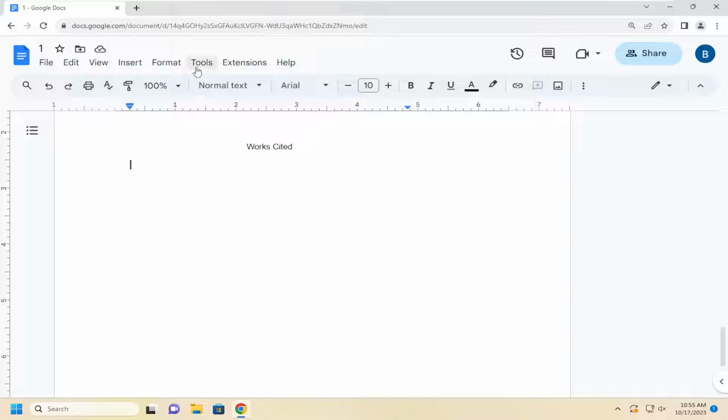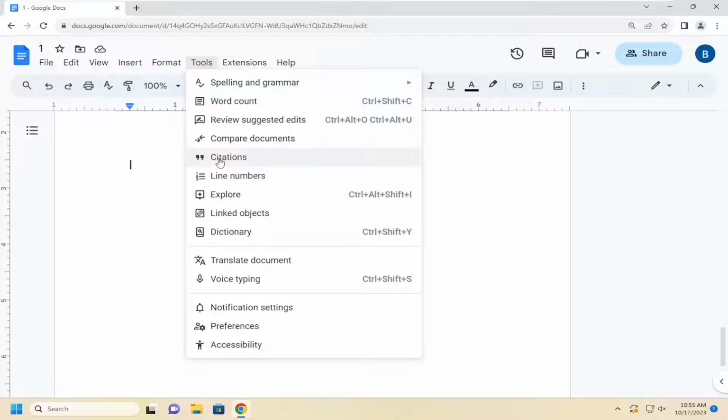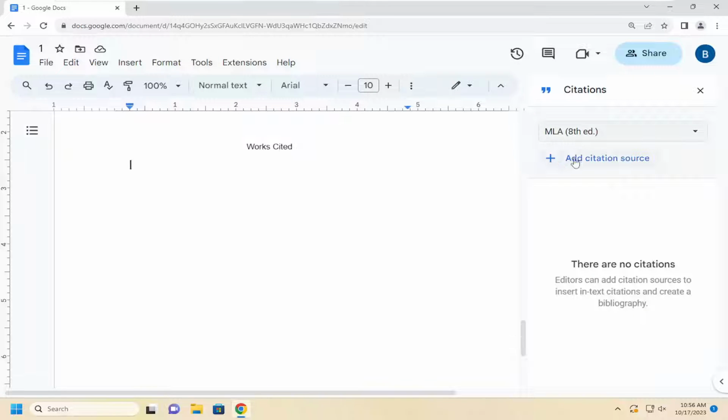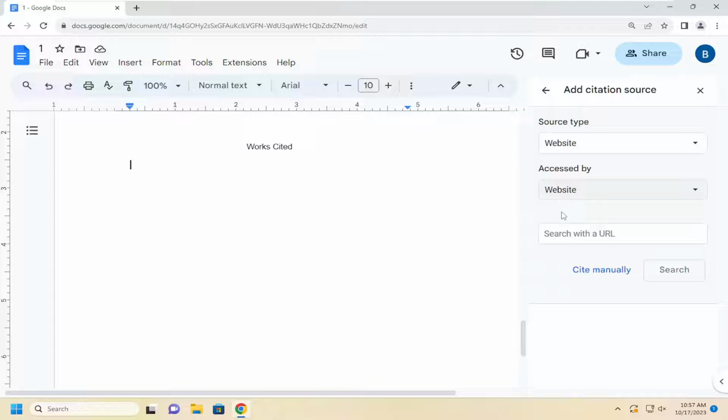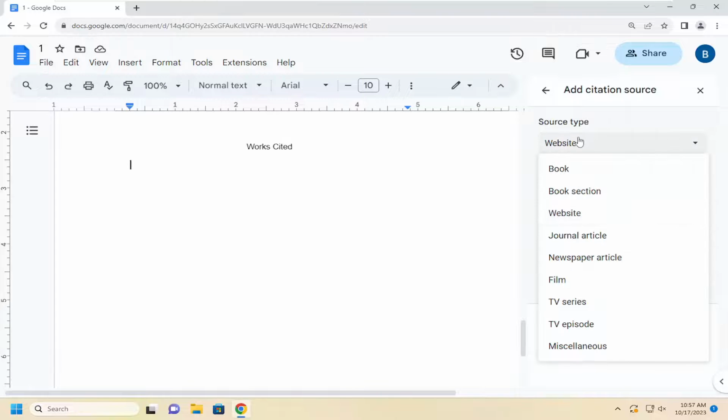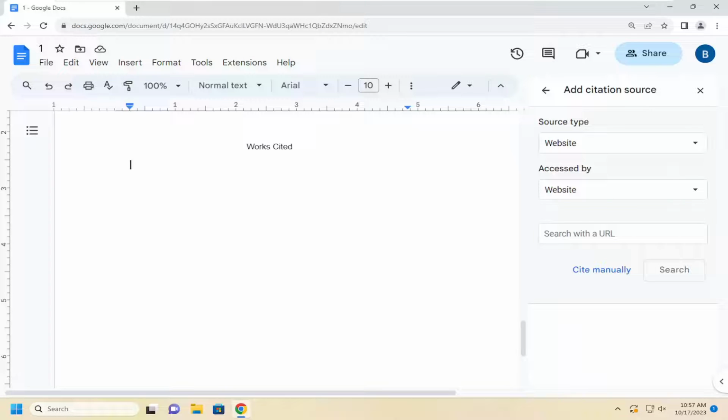So all you have to do is select the Tools tab, select Citations. So over here on the right side, you can select if you want to do an MLA, APA, or Chicago format. And you would just select that and then select the Add Citation Source. Select a source type from this list, accessed by a certain website or book source, again, depending on the source type. And then you can also go ahead and actually just type in the URL here